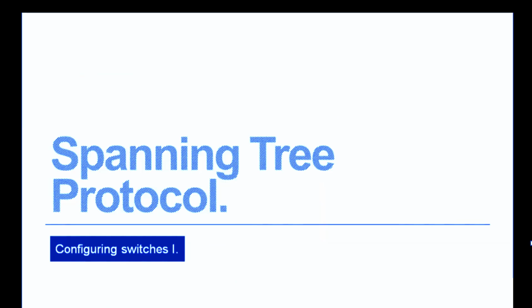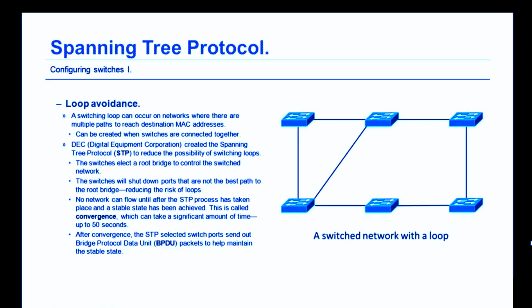Now let's move on to spanning tree protocol. Spanning tree protocol is a loop avoidance technology. A switching loop can occur on networks where there are multiple paths to reach destination MAC addresses. Digital Equipment Corporation created the Spanning Tree Protocol, or STP, to reduce the possibility of switching loops. The switches elect a root bridge to control the switched network. The switches will shut down ports that are not the best path to the root bridge, thus reducing the risk